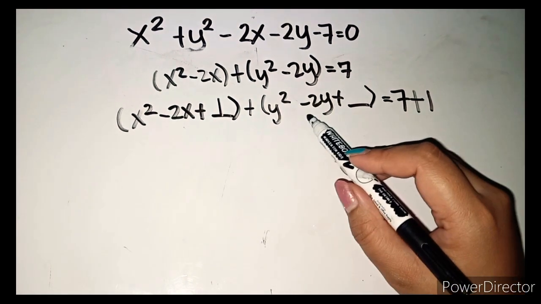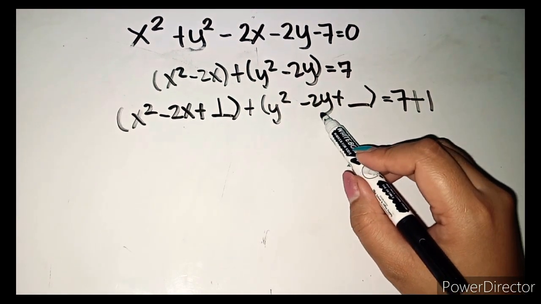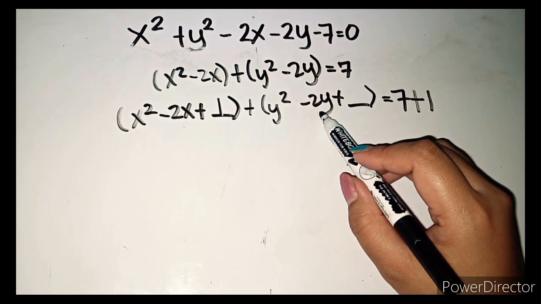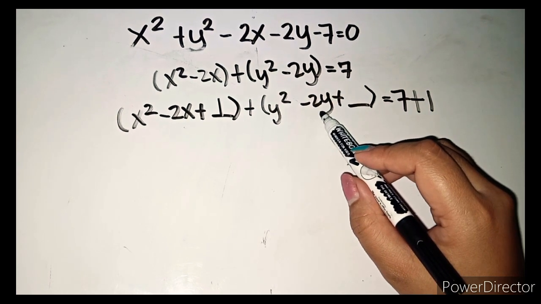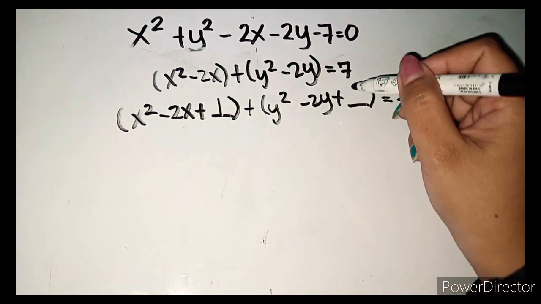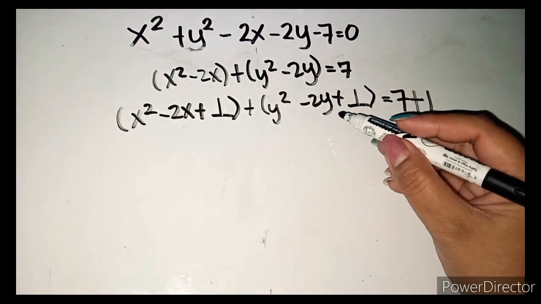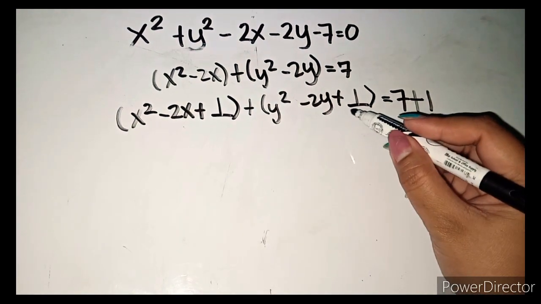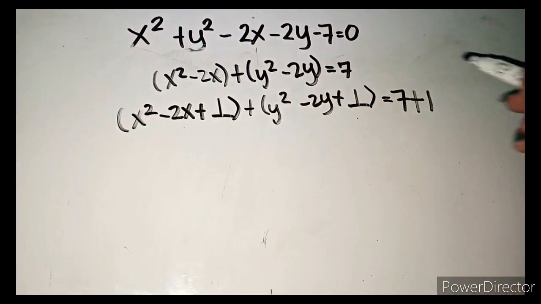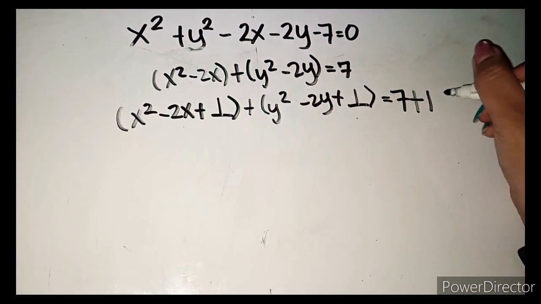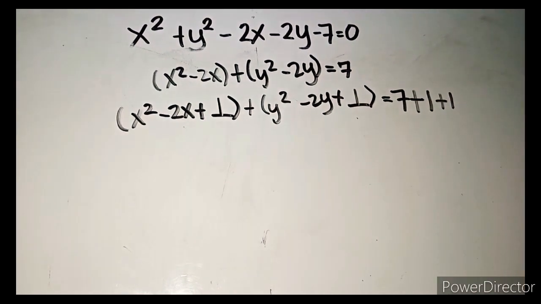Okay? Check si middle term, divide by 2, then squared. Okay? So, 2 divided by 2 is equal to 1. Then, 1 squared is equal to 1. Okay? So, 1 ngayon yung third term ng y naman. Since nagdagdag ng 1 dito, we need to add also 1 sa outside ng equal natin. And then,